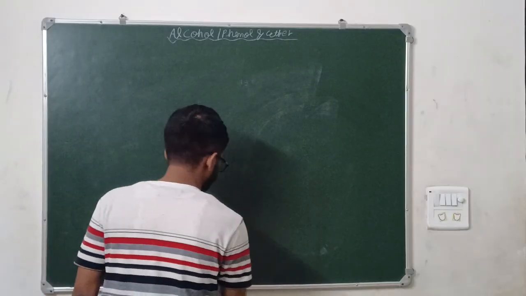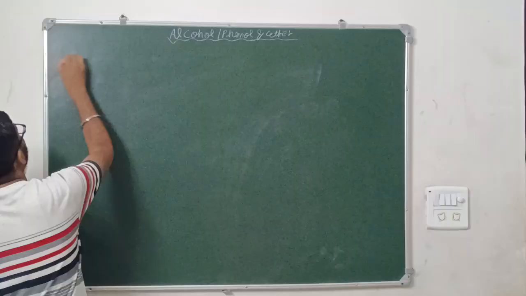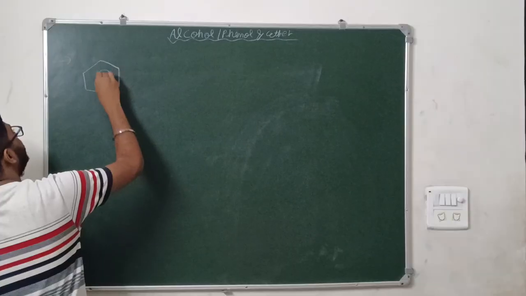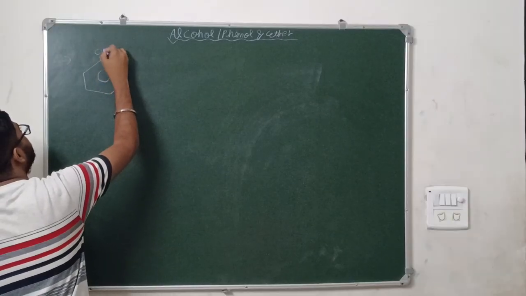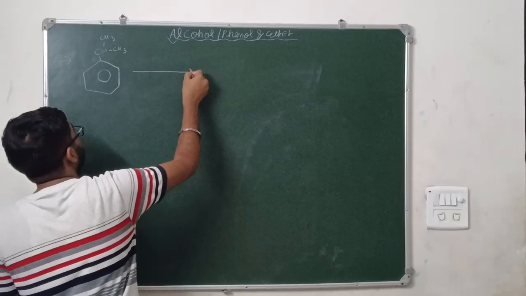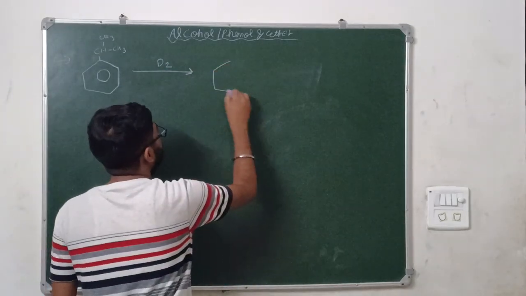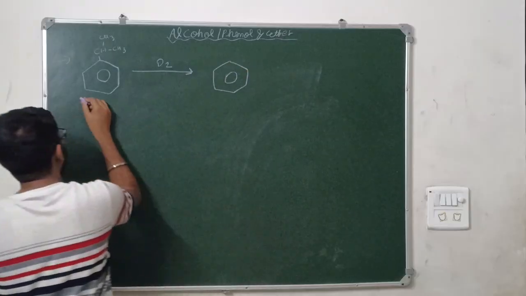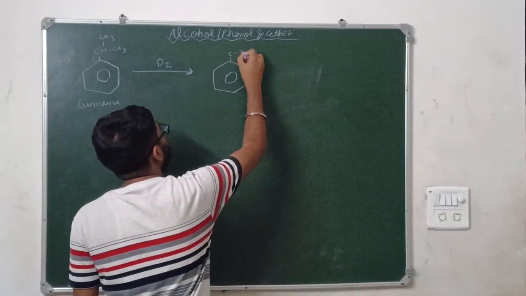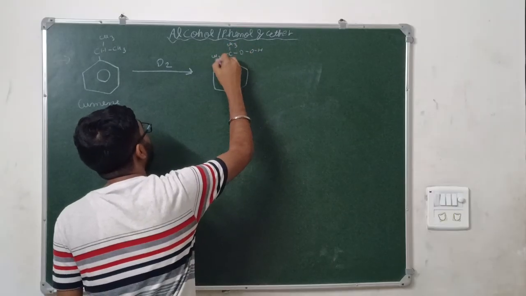What is that reaction? It is also a kind of preparation of phenol, but by a different method. Now see, you have to take cumene. Cumene's structure is like this: CH with a methyl group and a methyl group. Now you oxidize it. Oxidation. So what would be the product formed in the oxidation of cumene? I can write the name here, cumene. Now this will have COOH, oxidized like this, with these methyl groups here respectively.